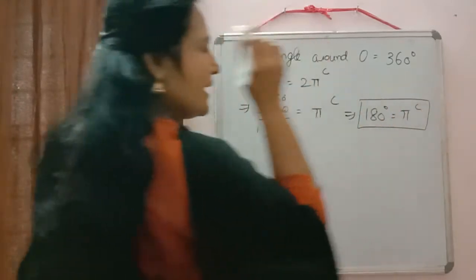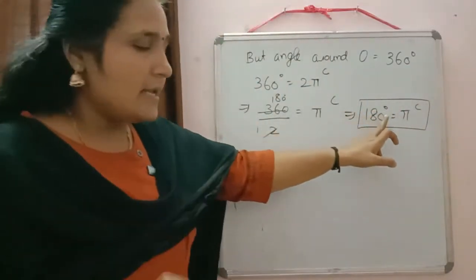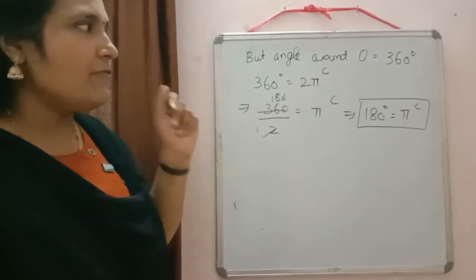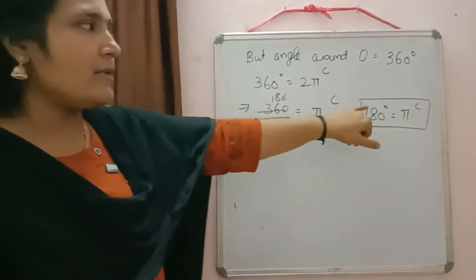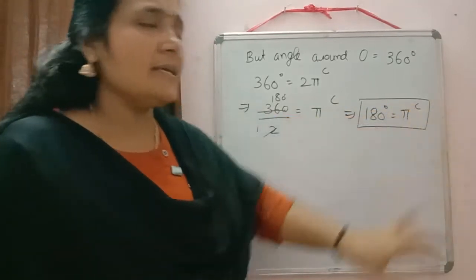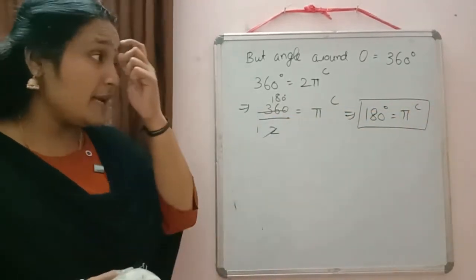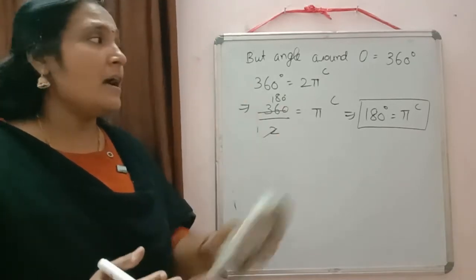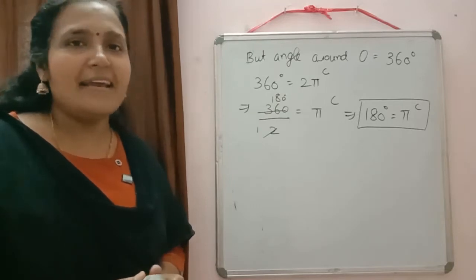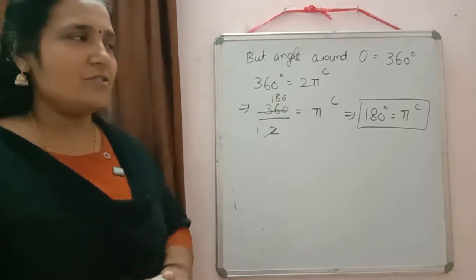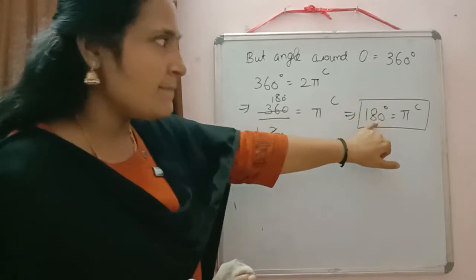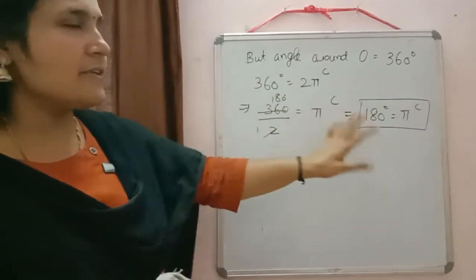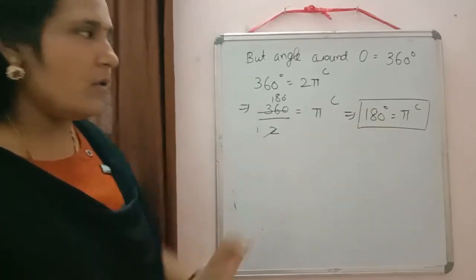So this is the relation to convert degree into radian or radian into degree. So now we have two systems to measure the angle there. One is degree measure and the other is radian measure. And mostly in the whole textbook now, whenever we write the angles, we'll write in radian measure, not in degree measure. So this is the formula to convert radian into degree and degree into radian. So this is the first formula. Okay. Now one more thing there.